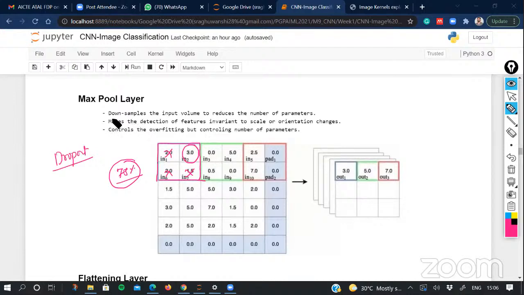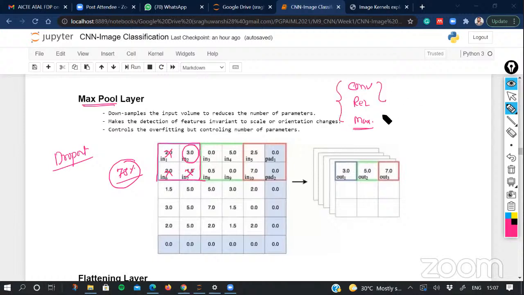Those who have the idea of deep learning, I hope they know it. And down the line, I'll talk about that too. So that's the reason this layer is now most popularly used for deep learning architectures, because it supports the effect of dropout, and it sometimes helps us to overcome the overfitting issues also. So this is the third type of layer that we see. We have seen the convolution layer, then the ReLU layer, and then the max pooling layer.